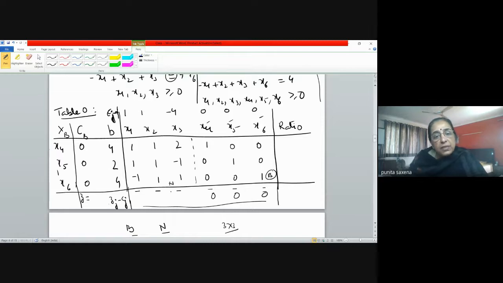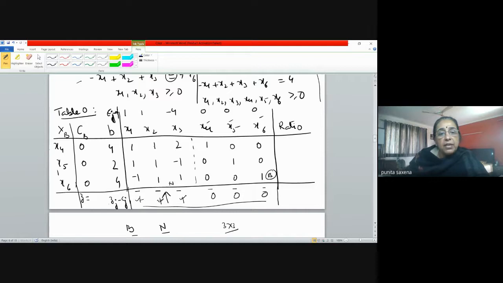So it is for non-basic variables that we need to do the calculations. And then we'll decide. Since it was a minimization problem, so they all have to be less than or equal to 0. So we'll just see, are they all less than or equal to 0? If yes, we terminate. If not, we move on. So move on matlab, we will choose that Zj minus Cj which is most positive. So it could be for x1, it could be for x2, it could be for x3. So that becomes my entering variable.